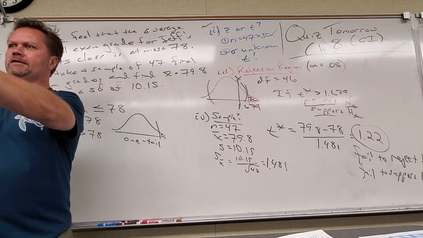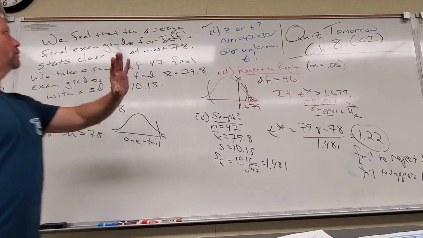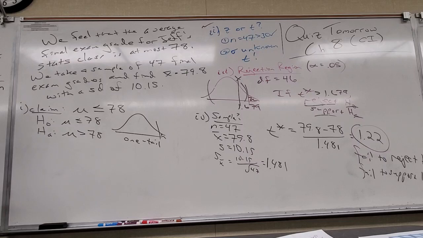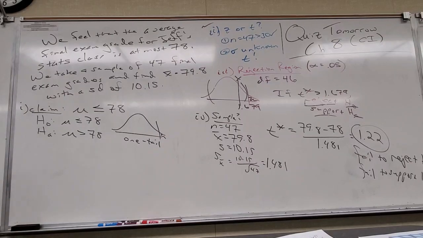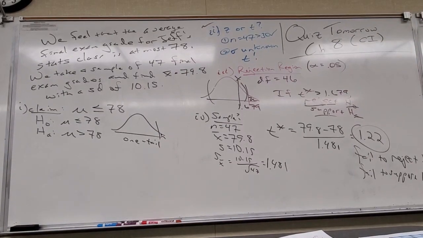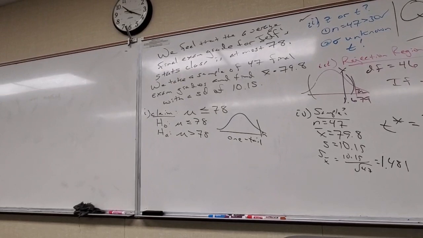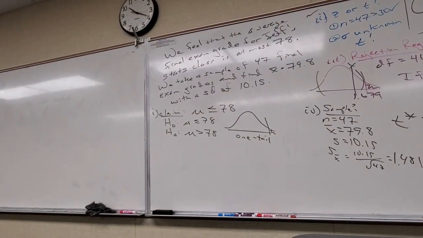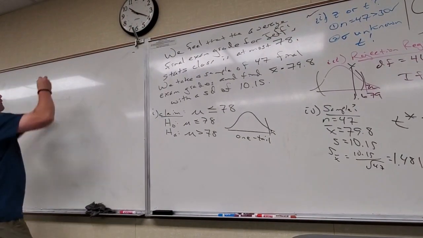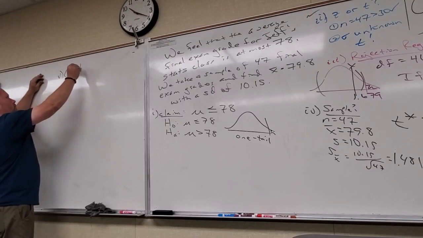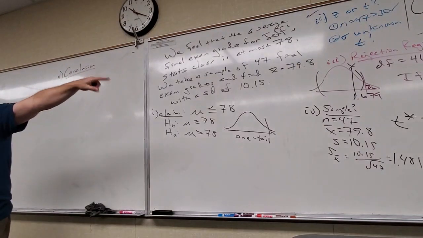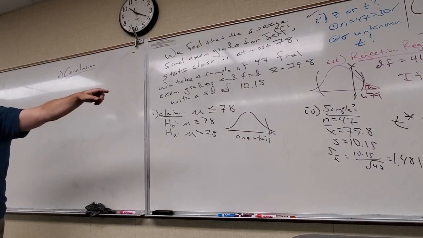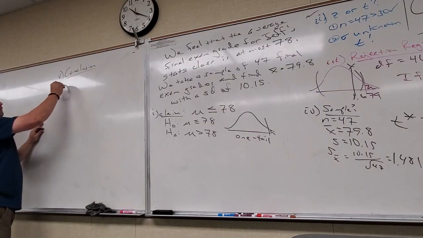Now everybody's favorite step, step 5. We have to write the conclusion. We'll take a break when we're done with this problem. So the conclusion. Step 5. Conclusion. So did we find enough evidence or did we fail to find it? Not find enough. So we have not found